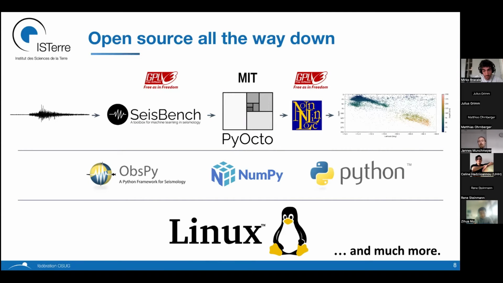So indispensable for doing the basic task like building an earthquake catalog is this huge collection of open source software that is either extremely domain specific, such as the top layer here, slightly less domain specific as ObsPy or NumPy, much more general even, or very, very general, such as Linux. And because all of these tools, and there are many, many more I could put on the slides, are essential, that's what I want to talk about today.